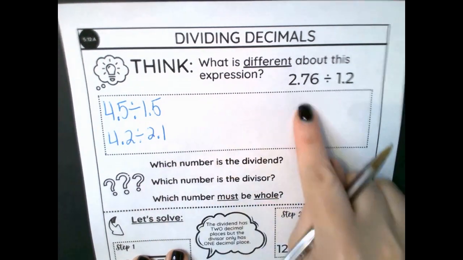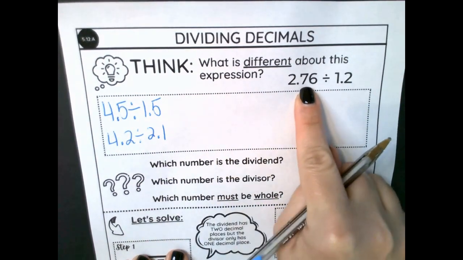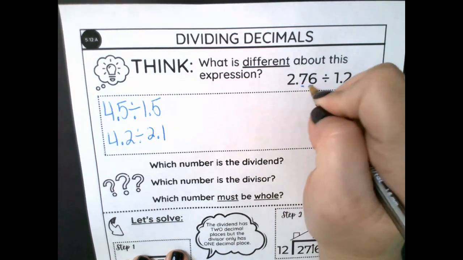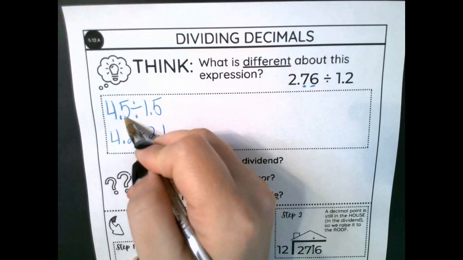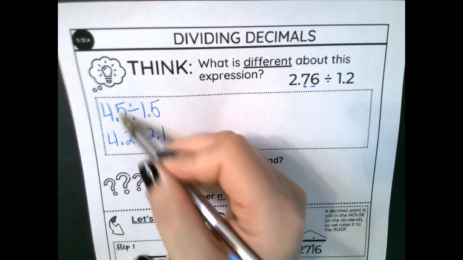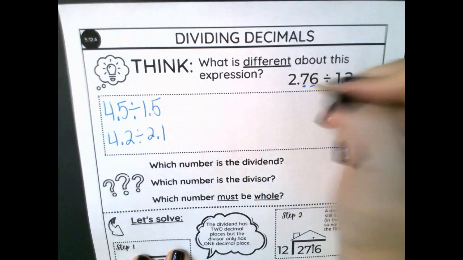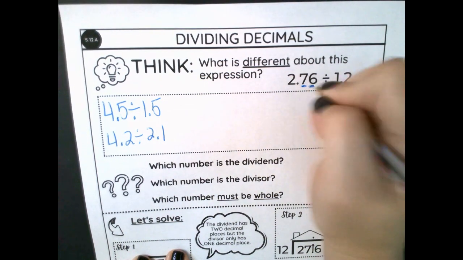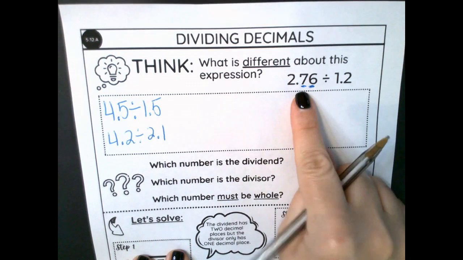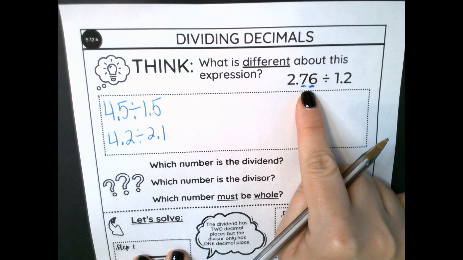The difference here is that the dividend has two decimal places, whereas the dividend only has one decimal place in each of these expressions. So this is going to be a little bit different when we solve now because the dividend has two decimal